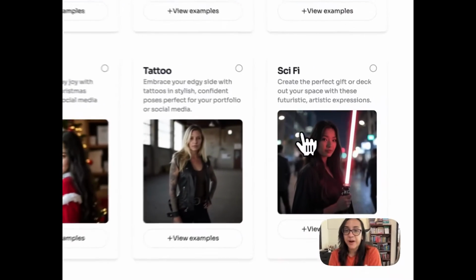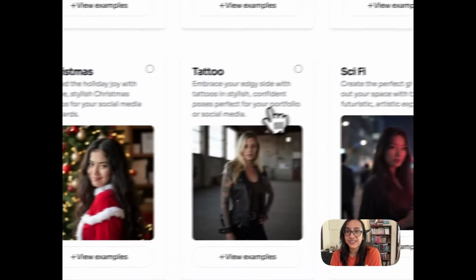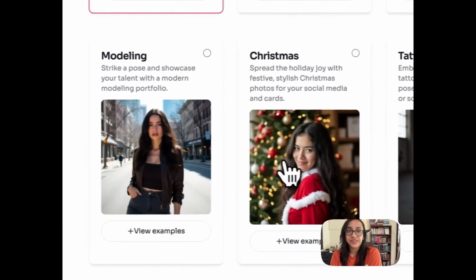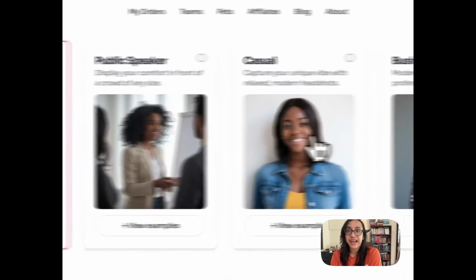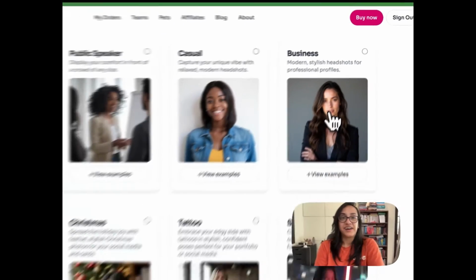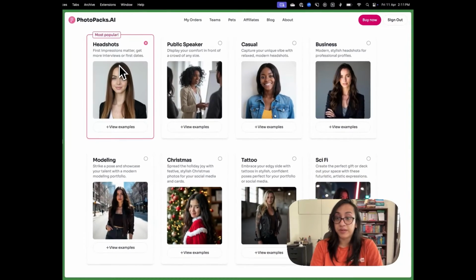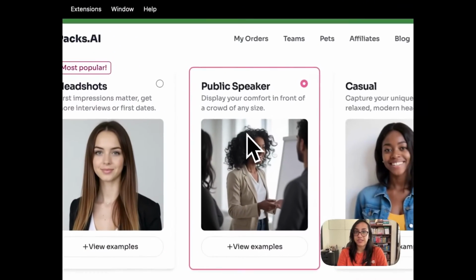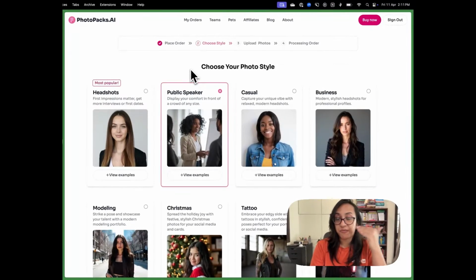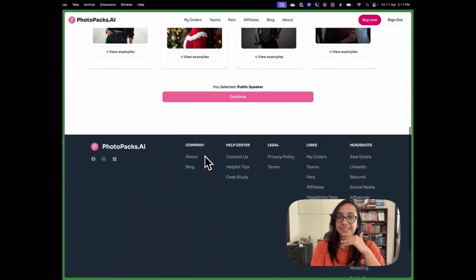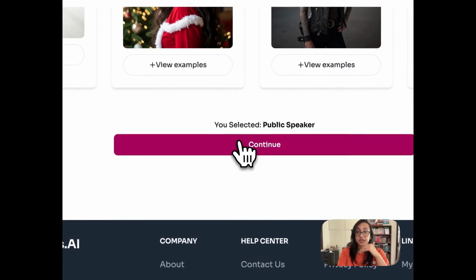There are some really cool options of science fiction, tattooed, and Christmas, modeling, professional headshots, public speaker, casual, business, etc. Headshots are the most popular, so we will try that. But I'm also tempted to try out public speaker. Because I do a lot of public speaking, it might pay to have some cool images like this. So I'll select that and click on continue.